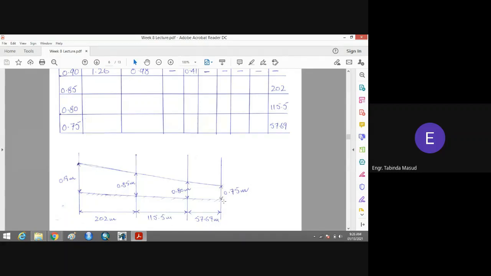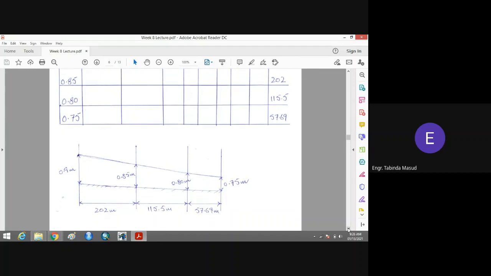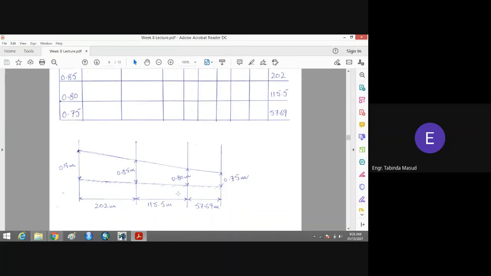Now you will move towards this depth of the flow, for which you will assume that this is section 1.1 and this is section 2.2. You will put all the values in the last row and you will get this result, 57.69 meters. So you can see that this is a very detailed figure which shows you initially, for the difference of 0.05 meter, you have this much horizontal distance. Then again for the same difference, that is 0.05 meter, you have this horizontal distance, and in the last you have this horizontal distance.